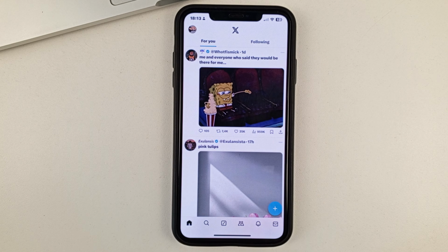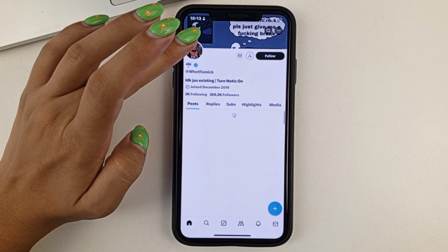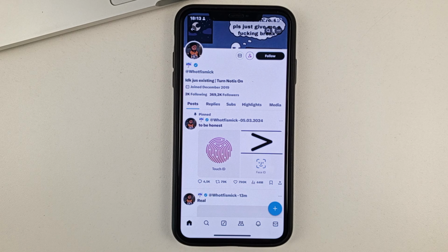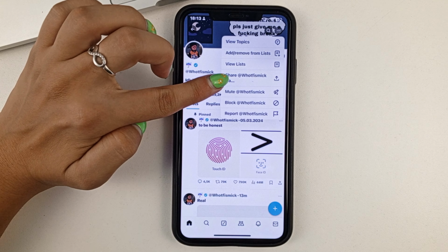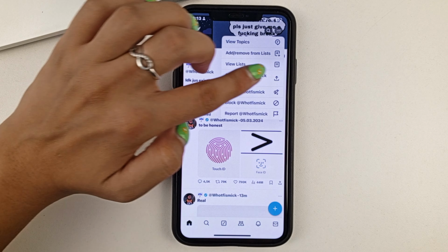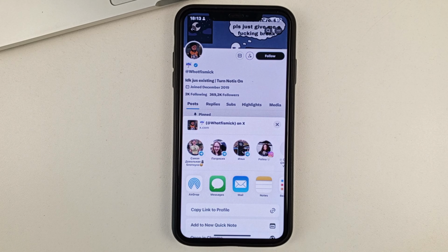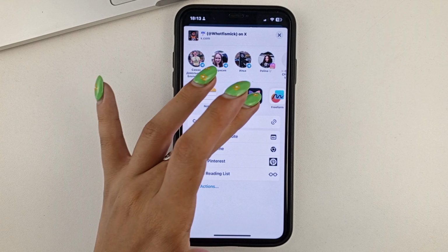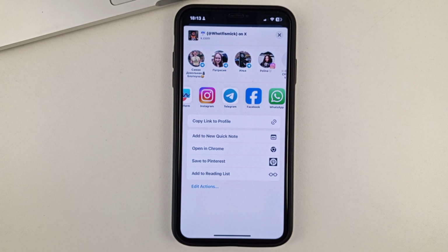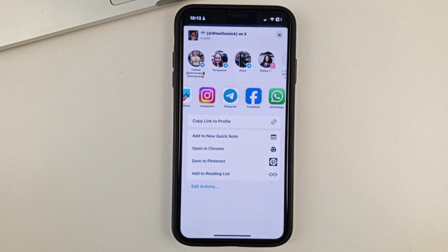Next, if you would like to copy a link to some user on X, then go to their page. At the top, on the right side, click on the three dots and select Copy, and then the link will go to this person. Or you can click on the share sign, and then you share this link, for example, in a note to yourself, or in a social network, in some messenger. Also copy the link to the profile, and then share it.